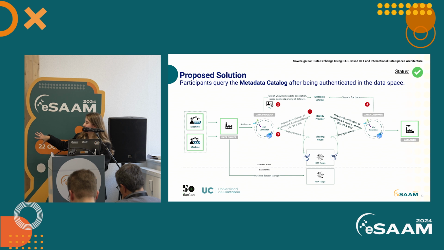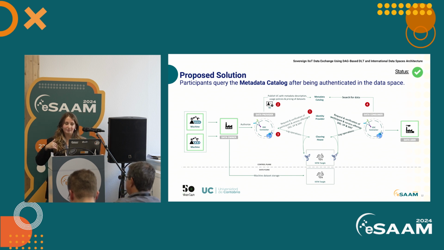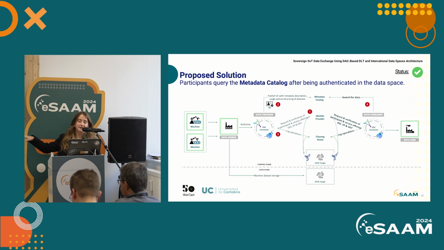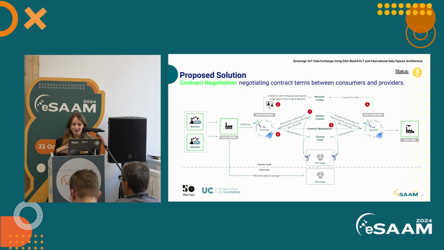And then on the other side, we have the data user, which is also interested in searching for some specific type of data. And for that, the data user also has to be identified in the ecosystem. And once identified, he will search for data by querying the metadata catalog. And also all the operations will be logged in the clearinghouse. So then, once our data user actually